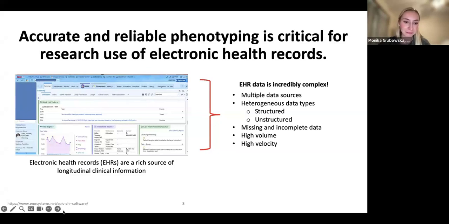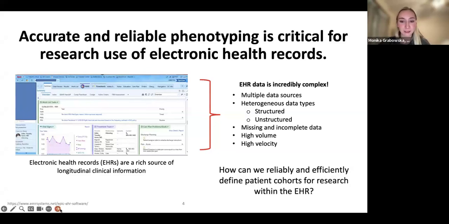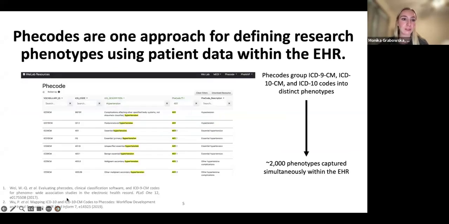So with this in mind, how can we reliably and efficiently define patient cohorts for research within the EHR? And what tools do we have for helping us do so? And so here I'll make the distinction between phenotyping and high throughput phenotyping. So you can imagine phenotyping as centered on a single clinical phenotype. So what features, ICD codes, labs, medications, et cetera, would you use to define one single phenotype? And this often involves a lot of manual literature review, discussion among experts to craft that one clinical